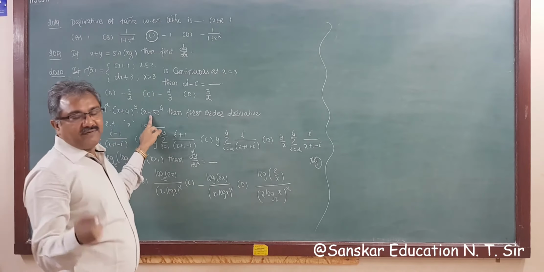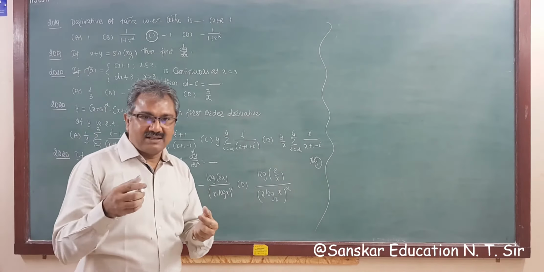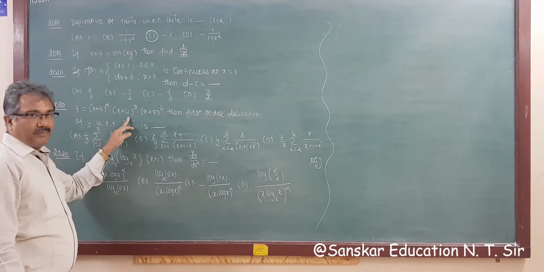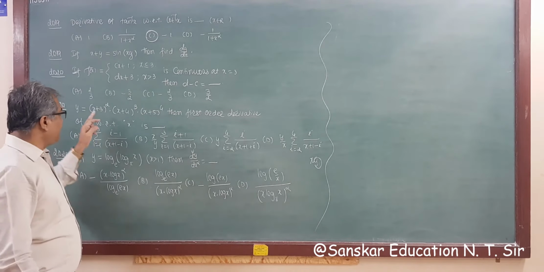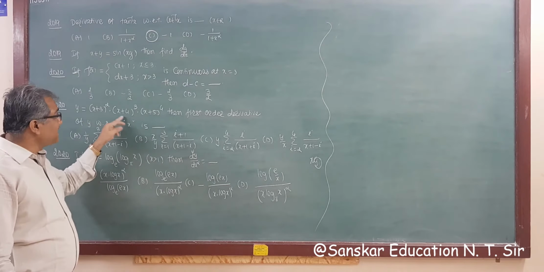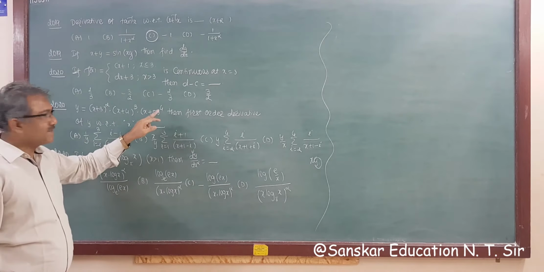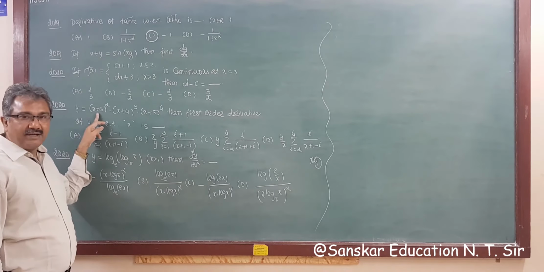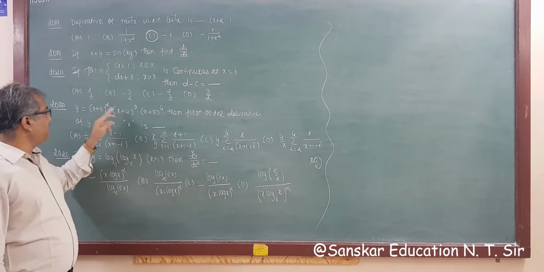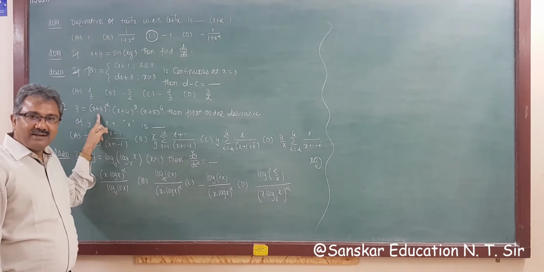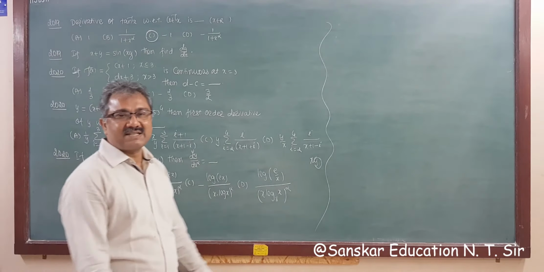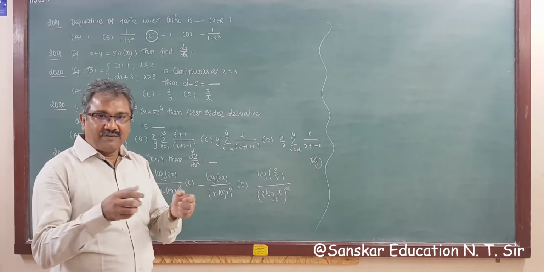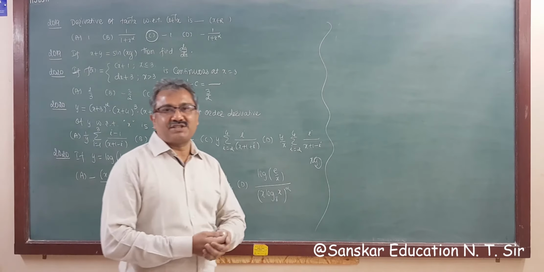So now here is (x plus 3) whole square, (x plus 4) whole cube, and (x plus 5) raised to 4. While there is a complicated multiplication or a power and you are not able to expand this, if you are able to do that, but in MCQ, expanding this and then multiplying these three brackets, this bracket has 5 terms, this has 4 terms, and this has 3 terms. So 5, 4, 20 into 3, right? So these are the terms there for expansion, so that is difficult for you to simplify. So in this type of question, what are we doing?